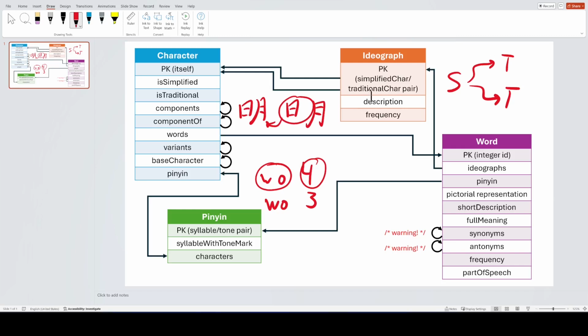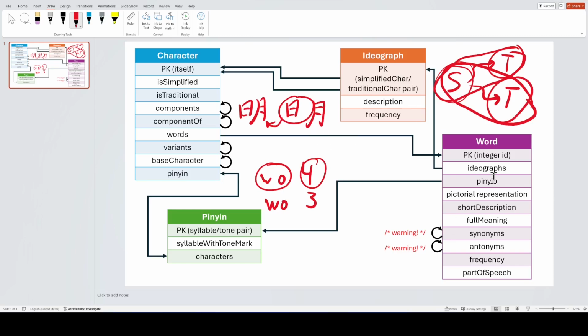So that has a description of what it actually means, because this would be 2 ideographs here, one for this pairing and one for this pairing here. But oftentimes they have 2 different meanings. So the simplified character represents 2 different ideas, whereas those ideas are split in the traditional one